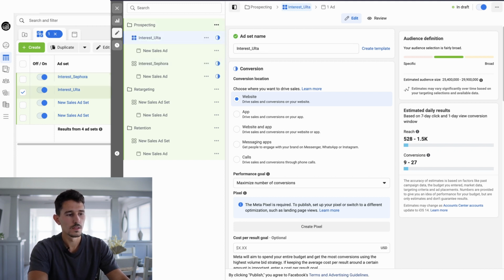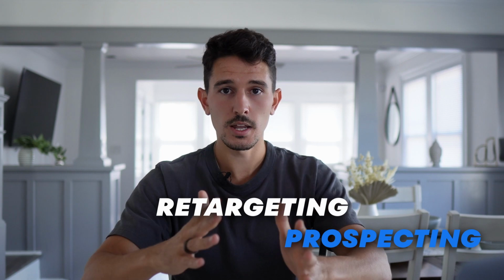Cool. The next thing we're gonna focus on here is our retargeting strategy. So retargeting basically means, for us, how we define it is anyone who's visited your site, they have liked a photo on Instagram, maybe they're in your email list, they know of you in some way, shape, or form. It's really important we have clear swim lanes between prospecting, retargeting, and retention, because it's actually going to define how much budget we spend on these people, how aggressive we bid,